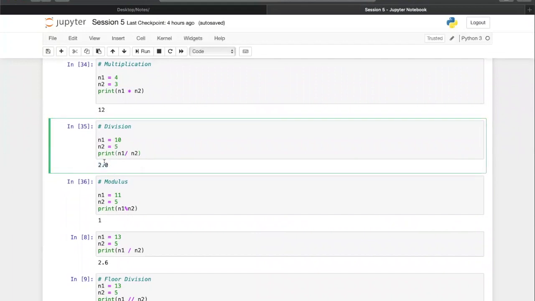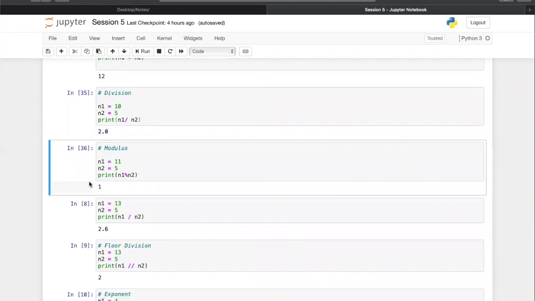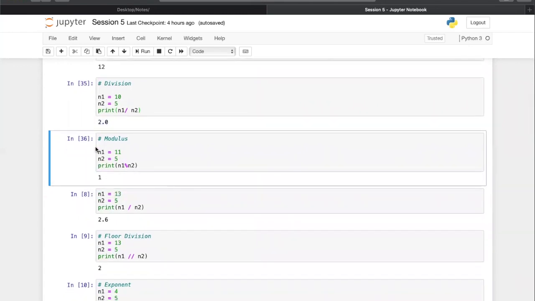You might be wondering why 2.0. A great observation if you have made that. If you are talking about division, you can get some values after the decimal also. Like if you divide 11 by 5, you might not get a perfect integer, you will get 2.2. So here you have a number after the decimal also. So that's a float thing. By default, it gives a float number after division. And float is a default data type for Python for numbers. This is a very good point to be noted.